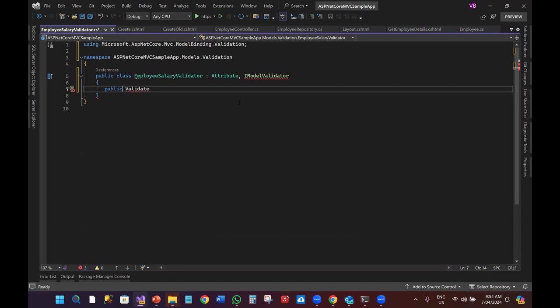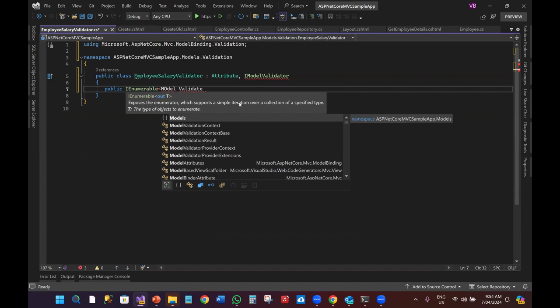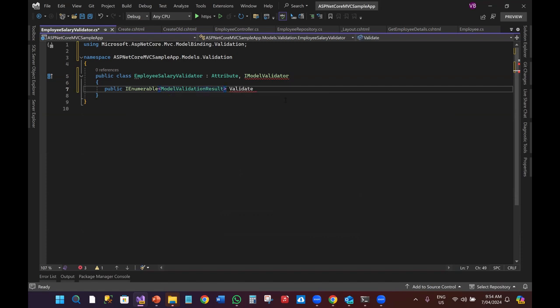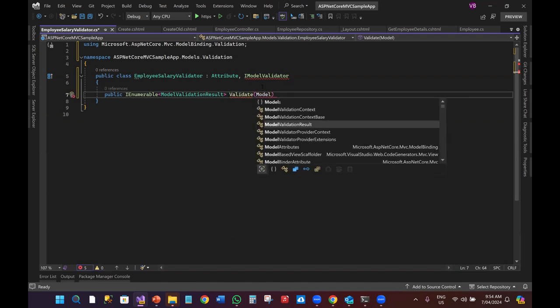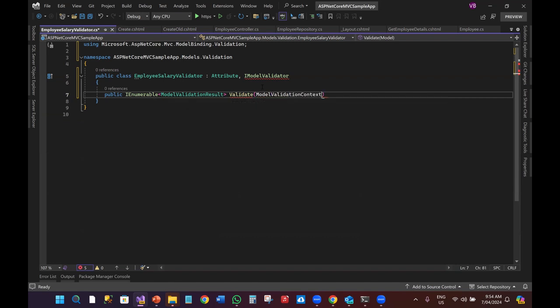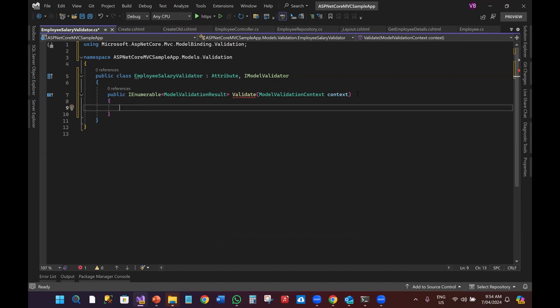The Validate method is going to return an IEnumerable of your ModelValidationResult, say an error or anything that is going to be returned. And then my Validate method is going to have ModelValidationContext. This is the thing. And then under the context, your property value would be coming. Now, once you have the value, you need to check your model value,